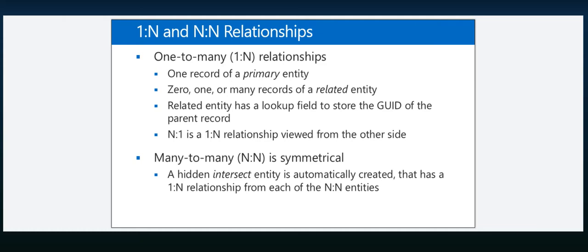A many-to-one relationship is basically the reverse of that relationship. So you are able to see that in the solution manager. Then there's another type of relationship that you can create in Dynamics 365, and that's a many-to-many relationship, sometimes just described as N:N. It's a symmetrical relationship. That means you have a hidden table that you cannot really get access to inside Dynamics 365 with the user interface. You have to use code or the SDK or something else in order to get access to that intersect entity, but it is there, and it defines the relationship